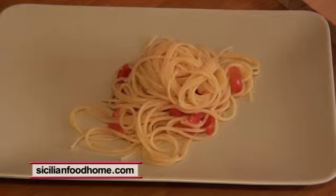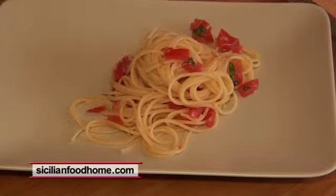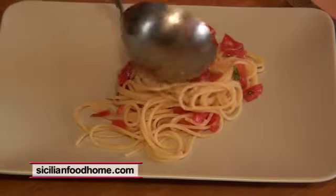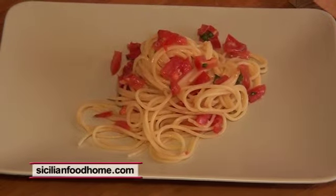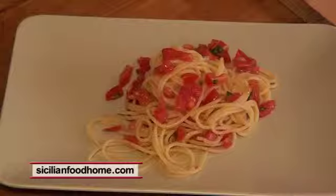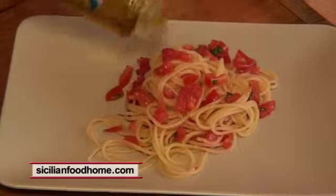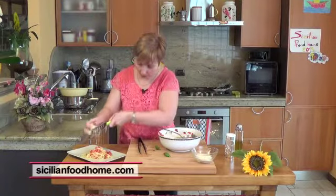I put some more tomatoes, a bit of extra virgin olive oil, some grated pecorino,